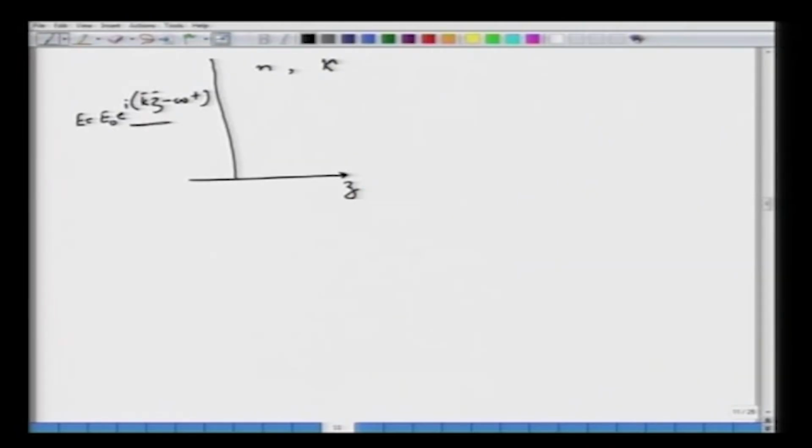Now, as this wave is propagating inside the medium, what will happen to this wave? This wave is going to be modified because its k vector and omega are changed, and as we saw, the k vector now is basically omega over c times n plus i kappa. If we include this into our wave equation, we get E is going to be equal to the amplitude of the electric field